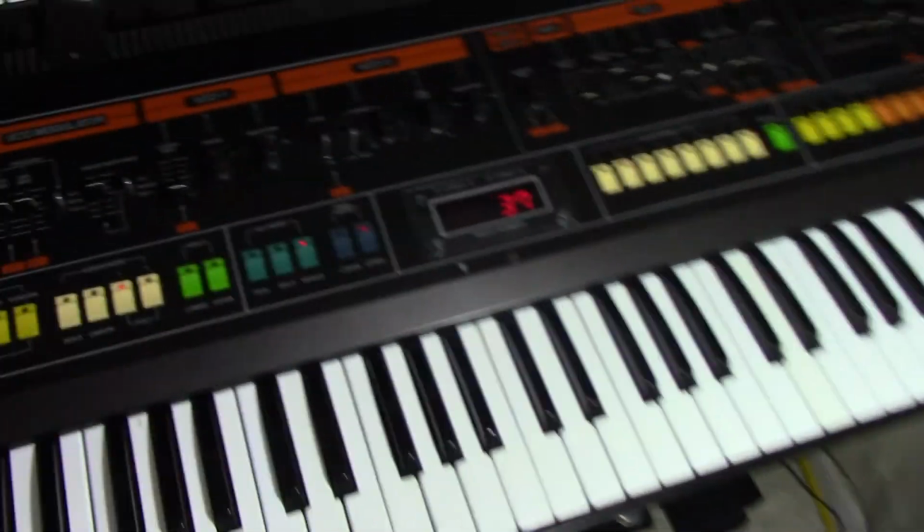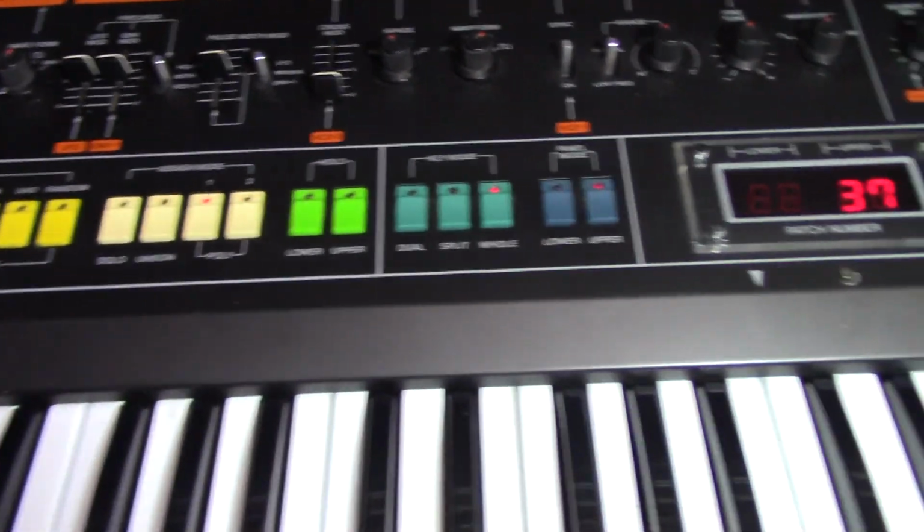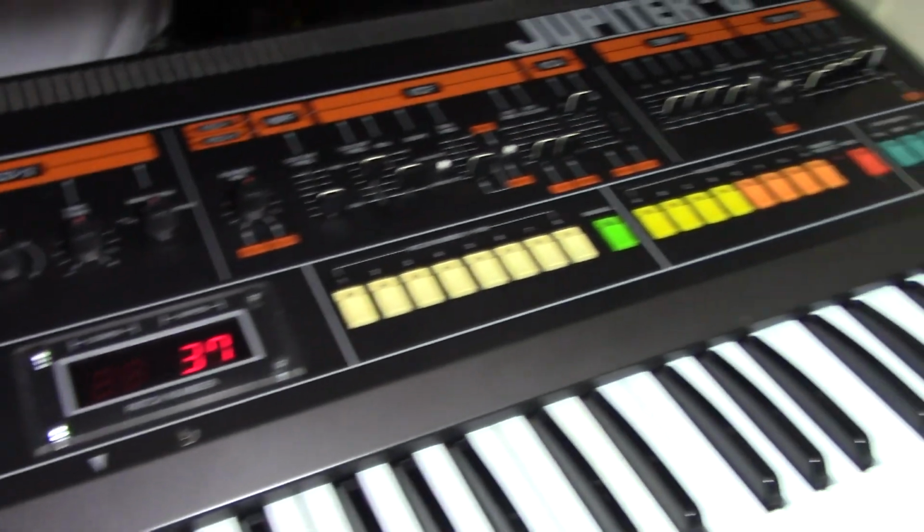For the chords, I use the Jupiter 8 on patch 37. Very good patch for strings and such. And I didn't really mess around with anything. I just used the preset. But I did put it through a ton of effects. Down here below,